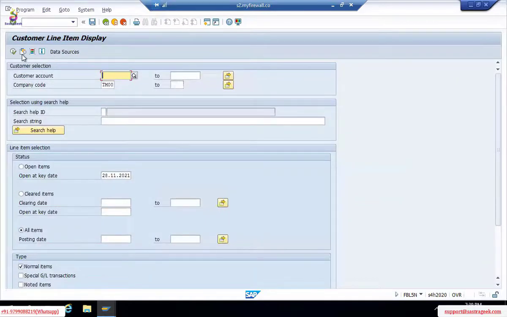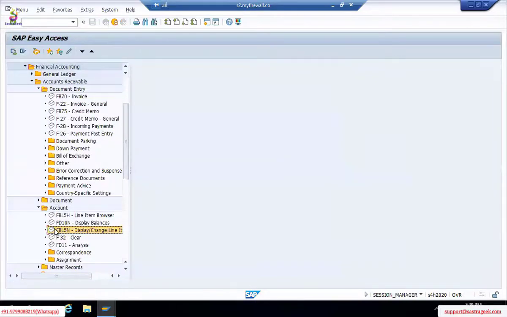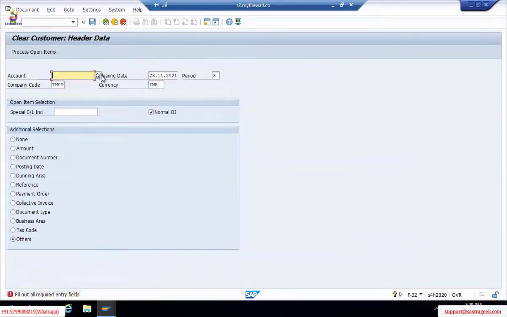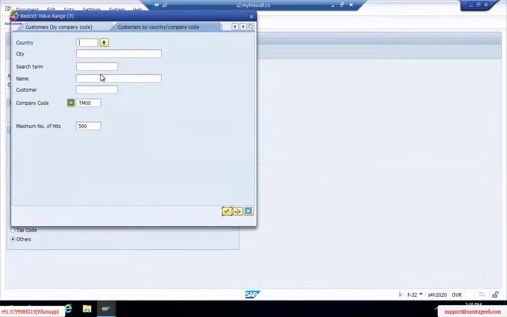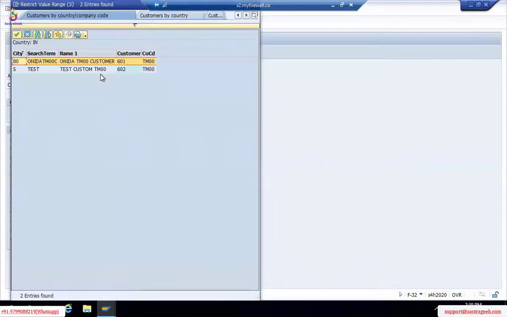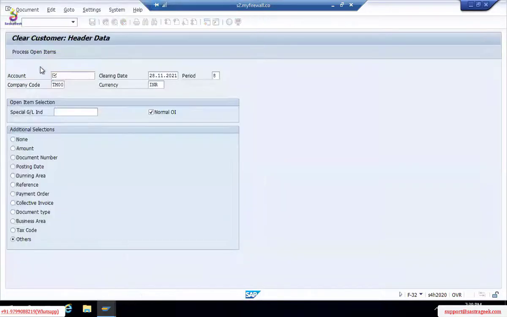Before this, let us clear. Then just remind me the T code. Okay, F-32. F-32 is to clear. When we have debits and credits, in real time we will knock them off instead of again showing as an open item. When we have few transactions, we will not feel the difference. But when we have multiple transactions, we always have to analyze why those are open, why those are not received and so on. We have to trace it out. So instead of that, in real time we have an option to knock off those two, process open items simply.